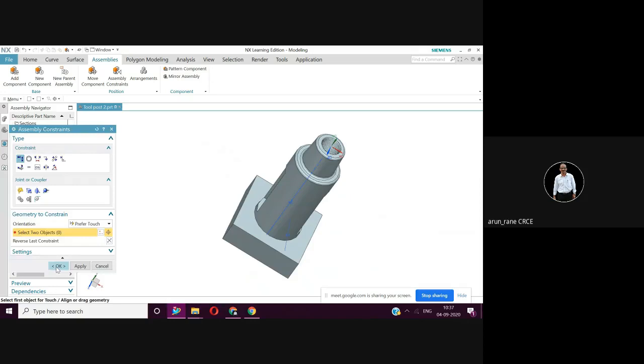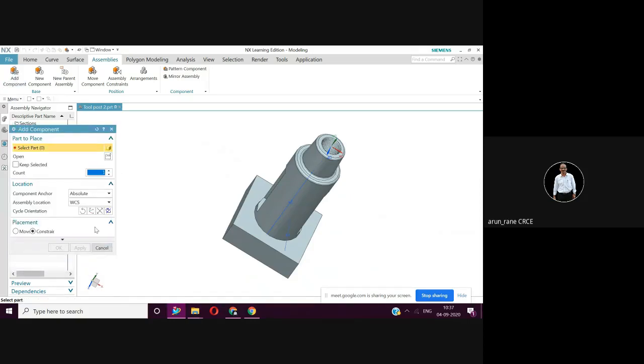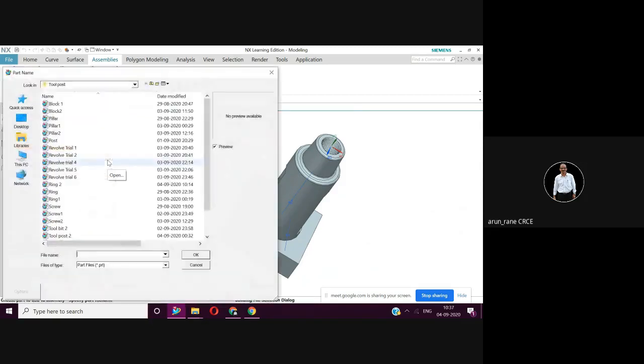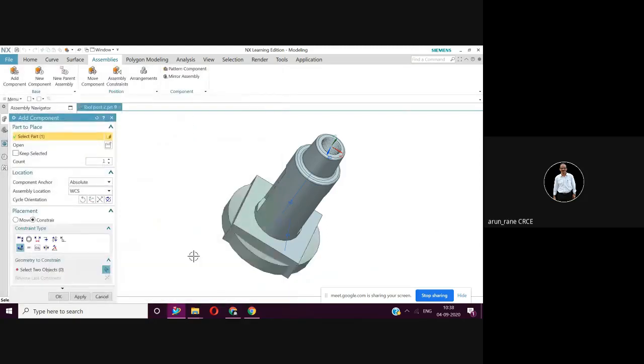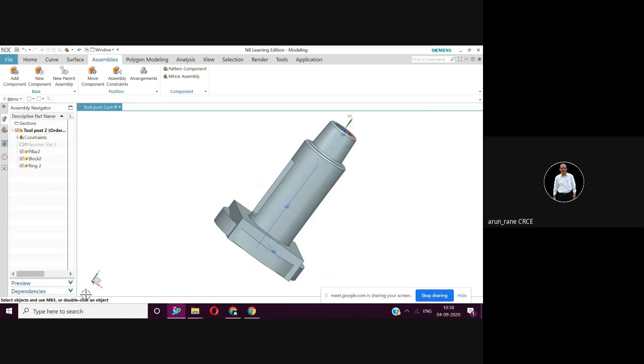So say okay. Now again go to add component. Now we are going to add the ring. So select it from the folder. Say ring 2. I'll say okay. Now the ring is also not placed properly. So I'll first add the component. First say okay. Then move component.